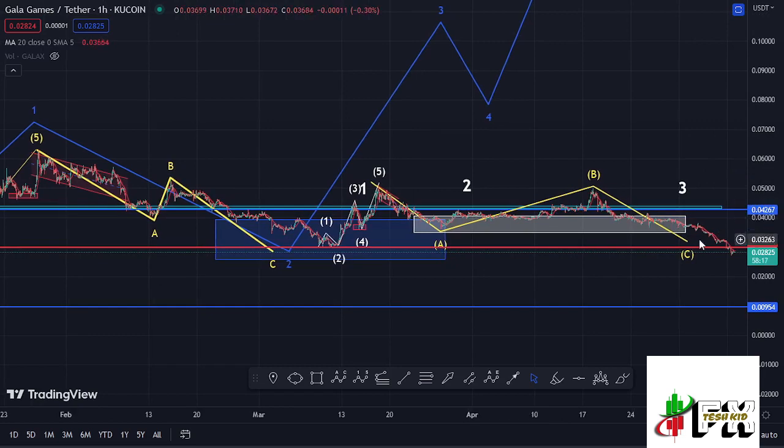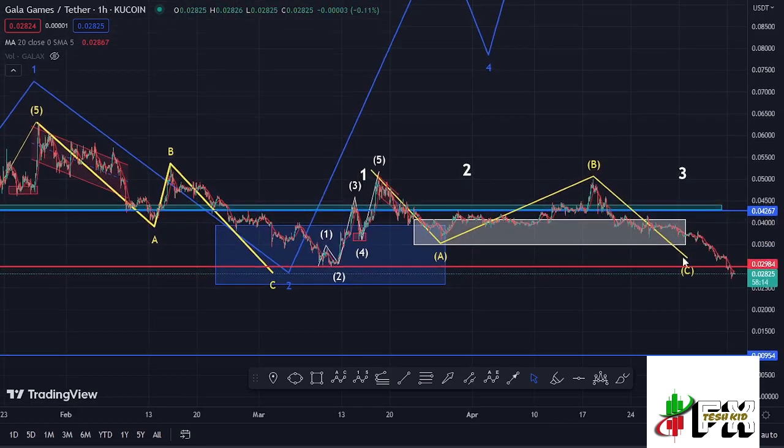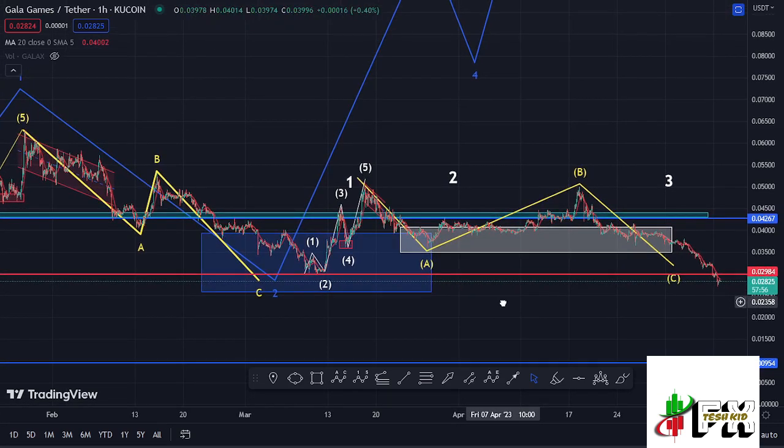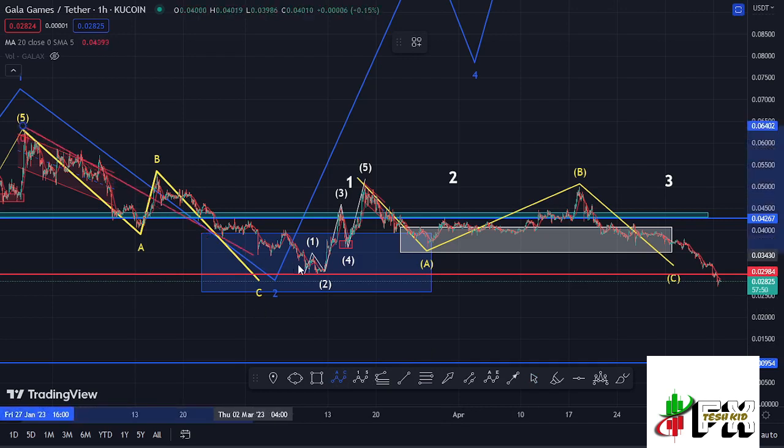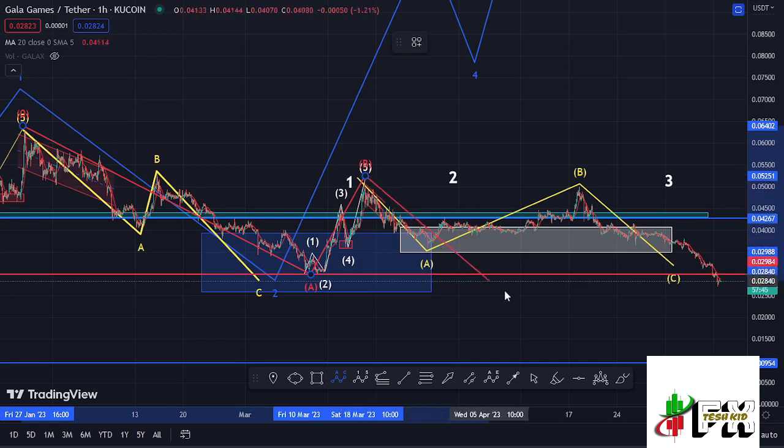formation of this wave 2, and at the time of this recording we have seen a reset of this low that we had made at around the $0.03 mark in a move that has now given us a low below the low at around the $0.03 mark, and that means that we are still in the formation of this wave 2, and whatever we have here on the charts is just a massive ABC corrective structure, where we can term these as the wave A, then a wave B, and whatever we are seeing at the moment is the formation of that wave C